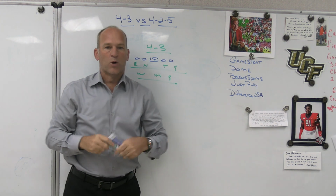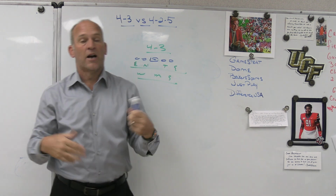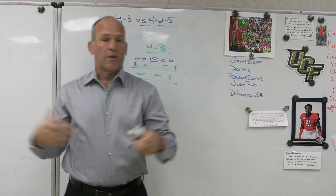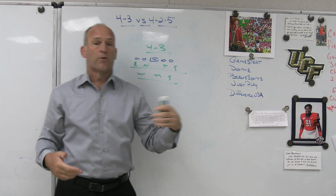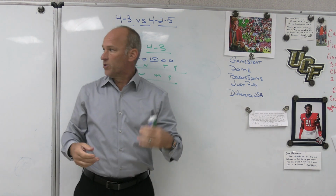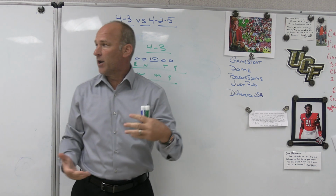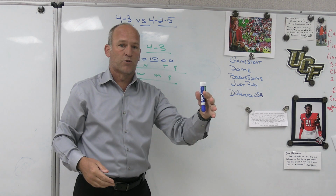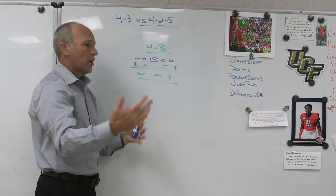Well, again, most people that have been in the football world for a long time know that that doesn't mean exactly what 4-3 means. Doesn't mean you have to play over front. There's teams that play 4-3 from under fronts and different fronts, so it doesn't mean that you have to do any of those things. But at the same time, what you've got to be able to understand is the structure of it, what you're doing with the structure of it, all right, and how you're going to make adjustments to